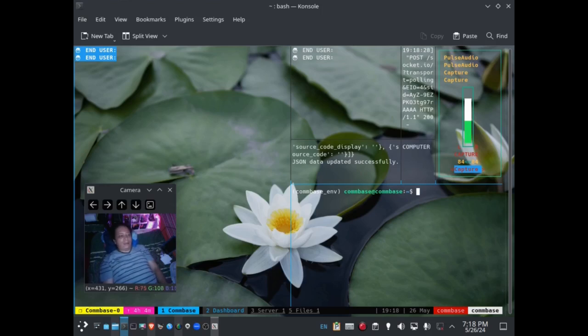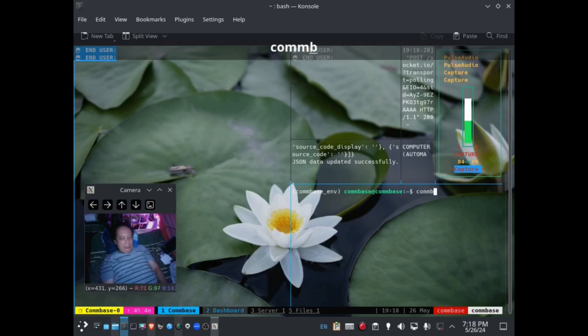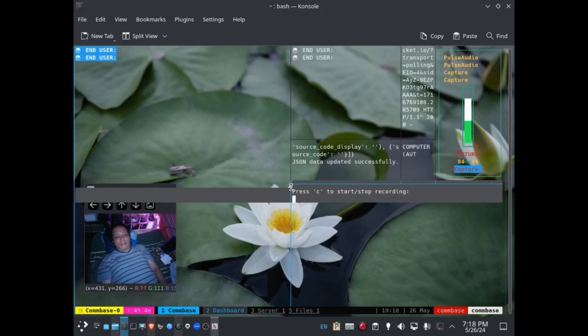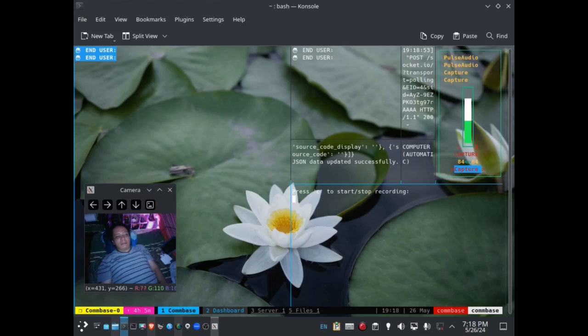It's a terminal Combase command, Combase recorder, or just Combase rec, and it is going to run again the application to make Combase ready for receiving new voiced commands after pressing C.